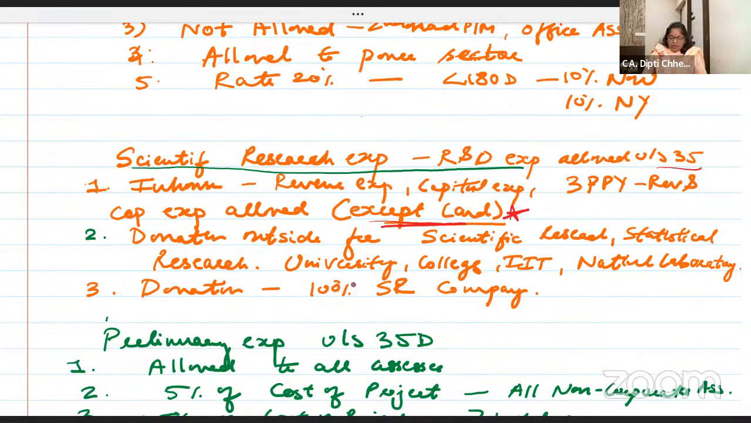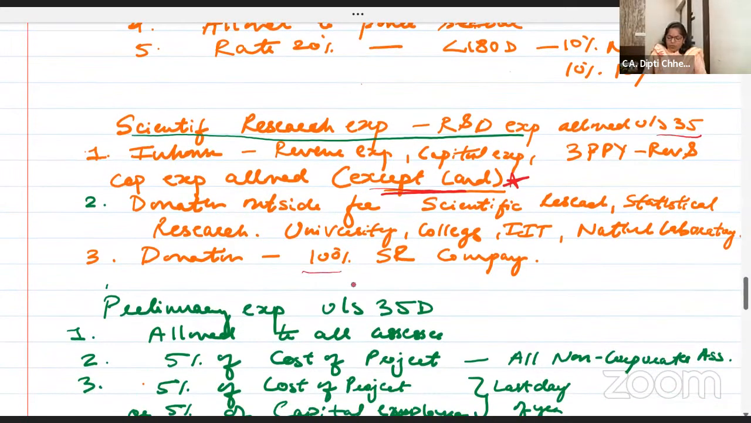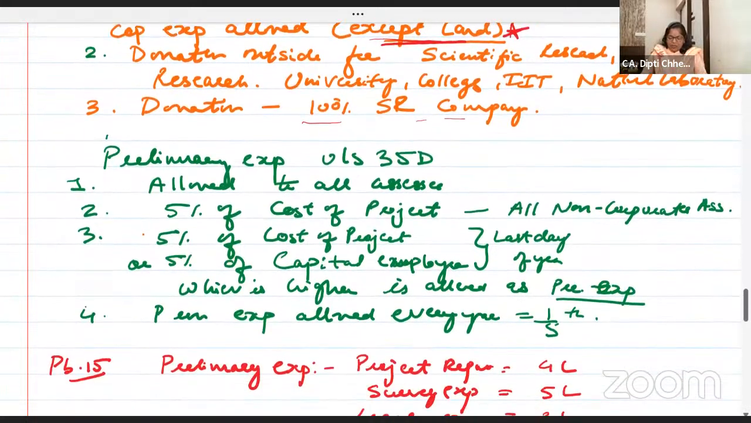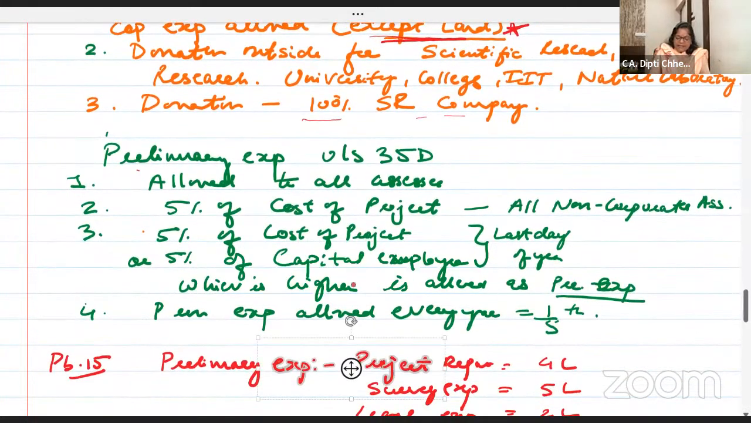Land is not allowed. Now, if we donate outside to national laboratories, IITs, universities, colleges which are registered, affiliated, or if I donate 100% to a company who's engaged in scientific research, then allowed. Okay? Next now,